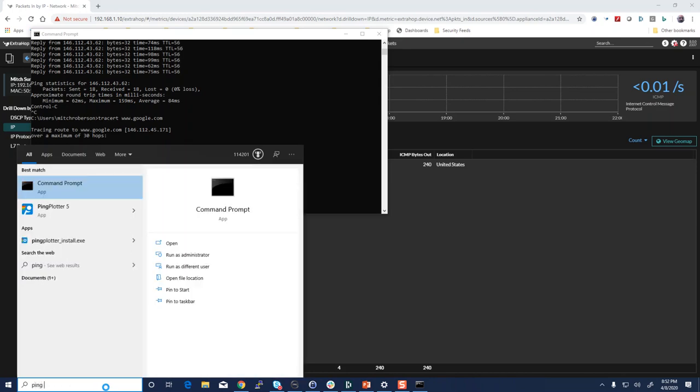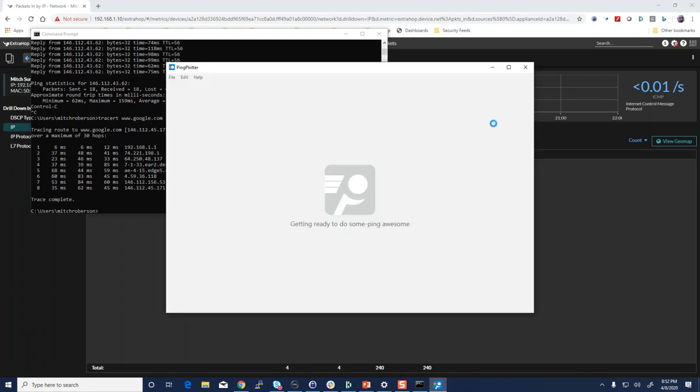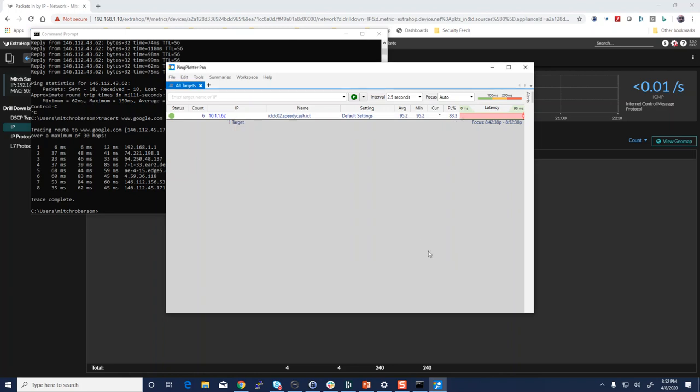PingPlotter is a tool that I like to use, and it does the same thing. I'm on a trial license. So it does the same kind of thing as a traceroute, but it does it all the time, right? So if I'm going to do www.google.com,